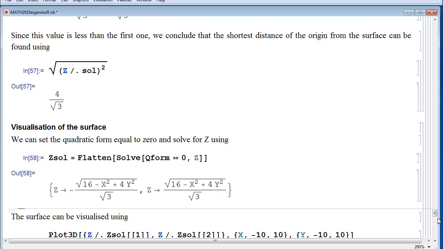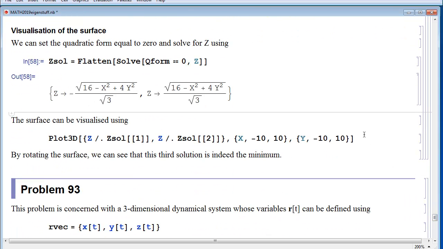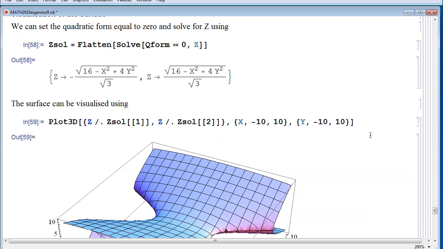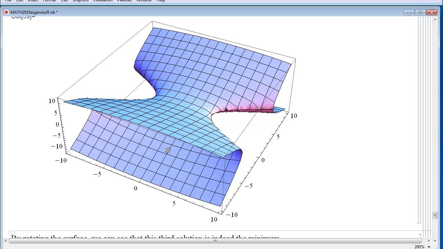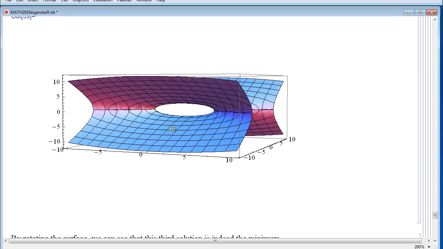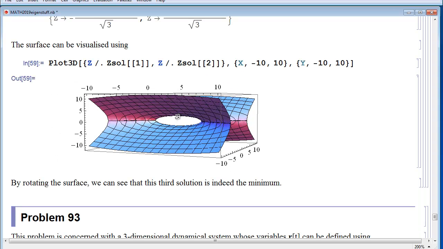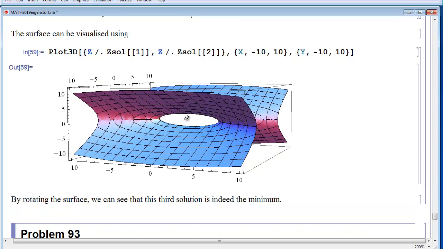surface, if you like, using this to express z as a function of x and y, and then we can plot that function using this. And that's what it looks like. And if I now grab this surface here and rotate it, then you can see that this here is actually the minimum distance of the surface from the origin. The other possibility is this one here, which is clearly bigger, and then the final one is in the other direction. There is going to be no solution. So let's stop that